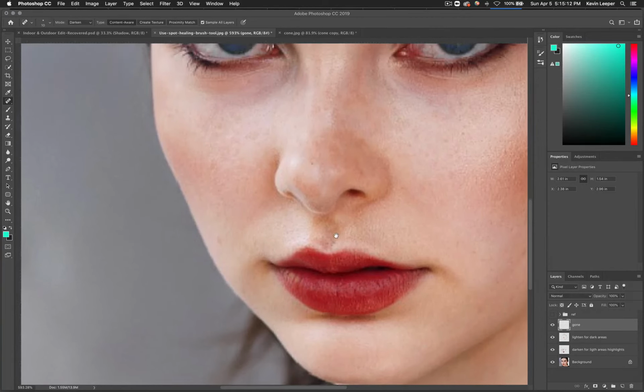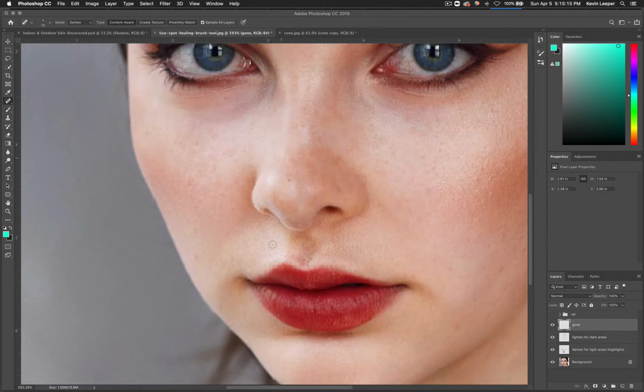Is that my screen? No, that's. We're on lighten though, so let's go to darken, or darken rather. Let's go to lighten. So you see how that wouldn't go away because I was on darken. So it won't take that away. But if I turn this to lighten, see that? It can be a little counterintuitive because you're trying to get rid of a dark area, but you need to be on lighten. I can see how it can be a little challenging. I know I get kind of caught up in that a lot. Just like, wait,